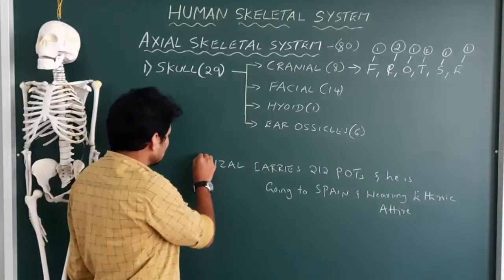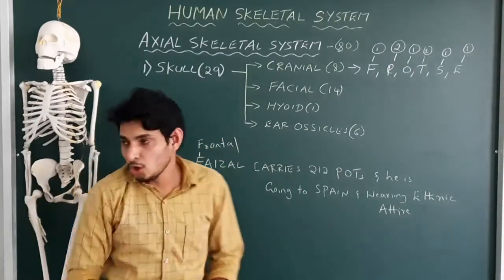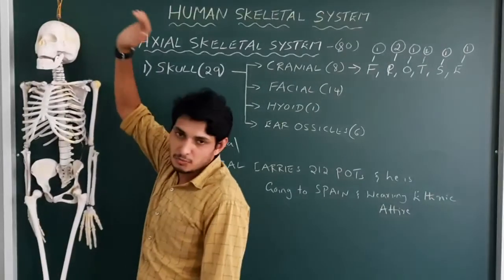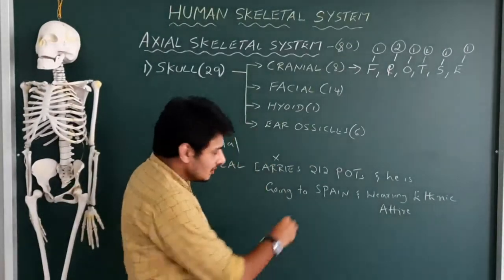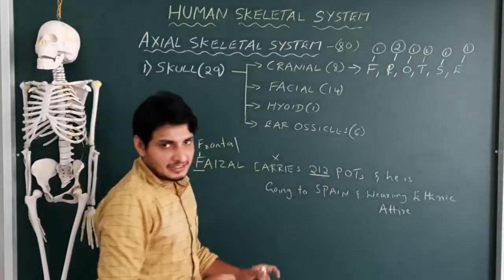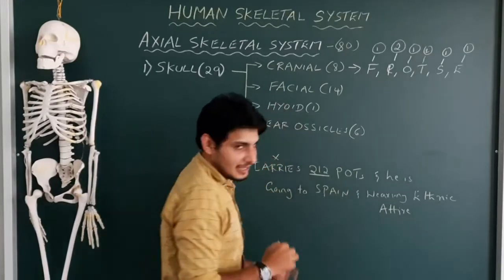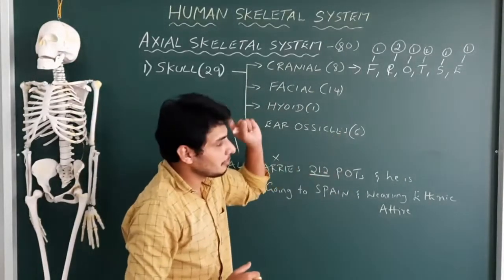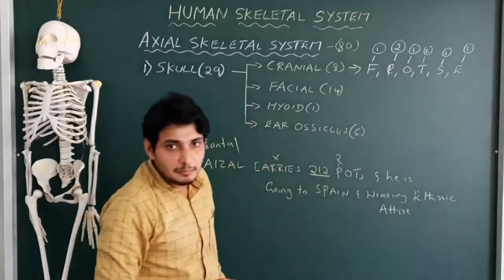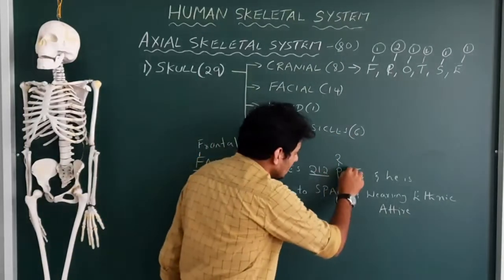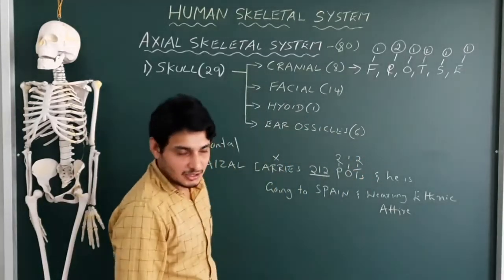So F is nothing but the frontal bone. So we write frontal bone. Normally you see the frontal bone here. This is the frontal bone. Just neglect this Faisal carries. Remember this 212. Why did I write the number here? Because it's very simple. Pod: P starts with capital letter P, that is actually the parietal bone. How many parietal bones are there? 2 are there. It is in pairs. Okay, you have seen it. Occipital only 1. Temporal 2. 2, 1, 2. Got it?